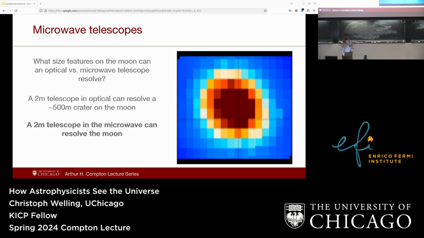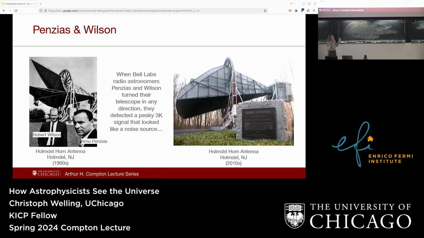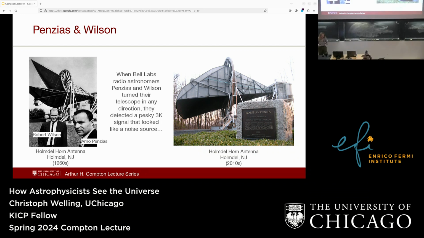So what are we looking at? Let's imagine now we are back in the 1950s, and we have this onset of technology, and we're learning how to use technology. Some people working at a place like Bell Labs are taking some of that technology and starting to point it up into the sky, with higher sensitivity than we've ever had. One of these examples is this Holmdel dish, which still exists in New Jersey. You can see it's on an axis and it can rotate.